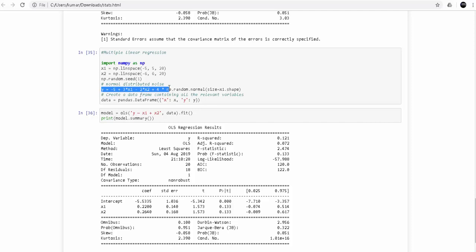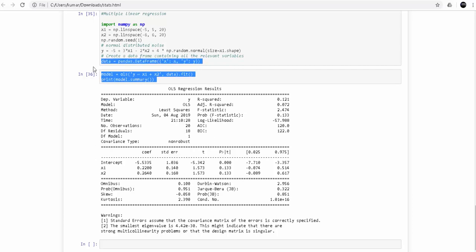That's the assumption in multiple linear regression. Okay, now that we have y and two independent variables, y is the dependent and x1, x2 are the independent variables, we will fit an ordinary least squares regression model, and this time this is a multiple linear regression model, right? So y is the dependent, x1, x2 are the independent variables, and when we print